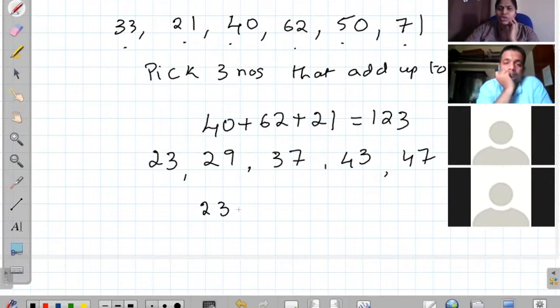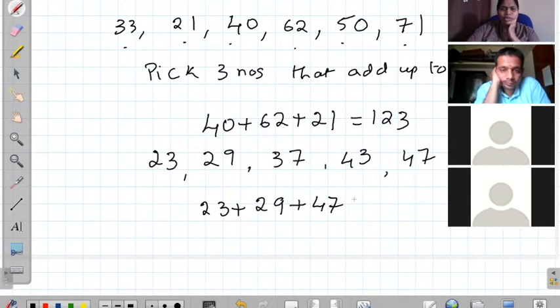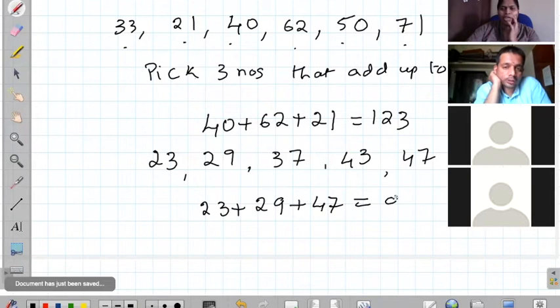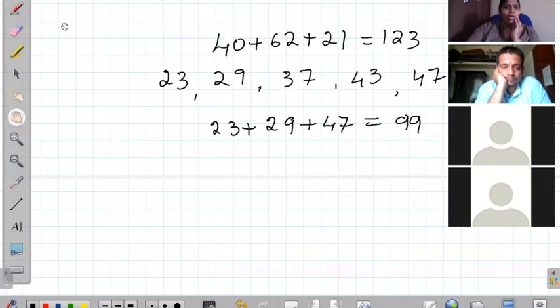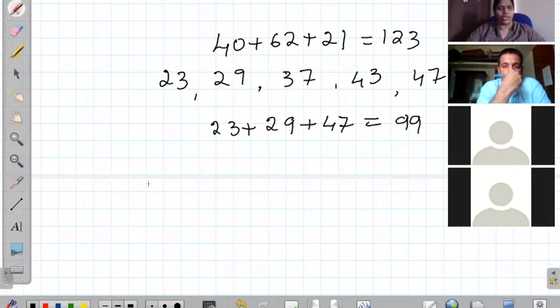So 23 plus 29 plus 47, maybe it'll work. Is this 99? Yes. Okay, with that also we were able to make it work. So now let me choose some more numbers.